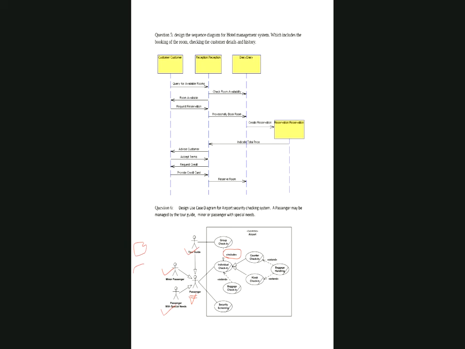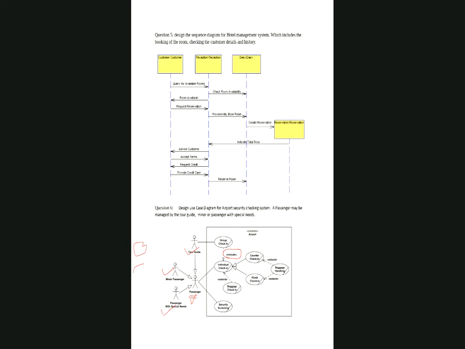Now, another thing is when you are going from Abha to Jeddah or Riyadh, you will do check-in. But is it necessary for you to take luggage? It's your option. You can take luggage or you don't take luggage. There is nothing important in that. That's why baggage check-in is extend. If you have it, it will be checked in. If you don't have, no check-in.